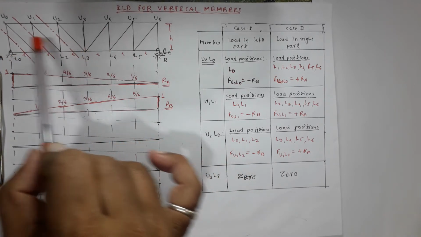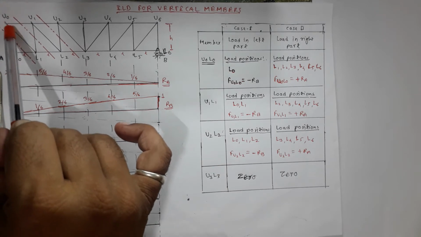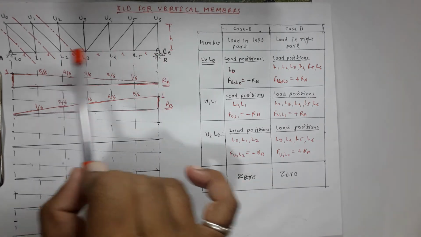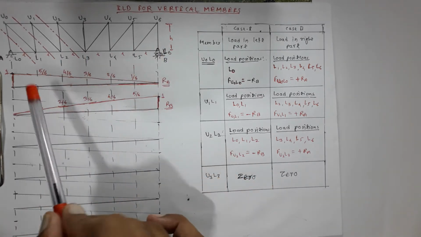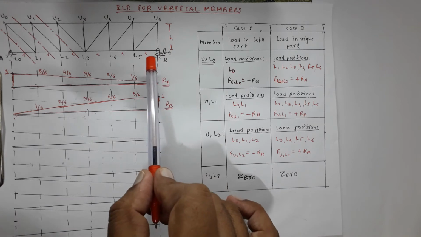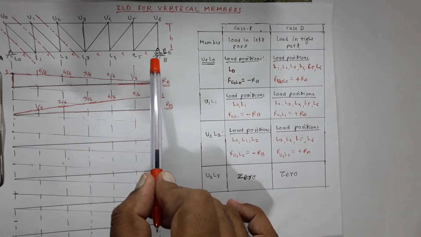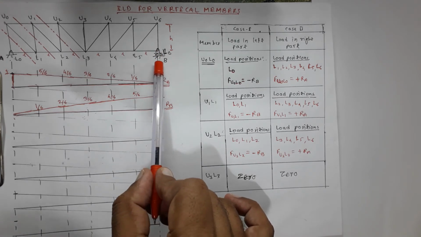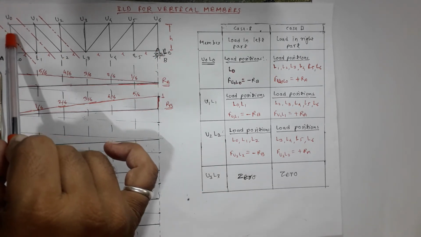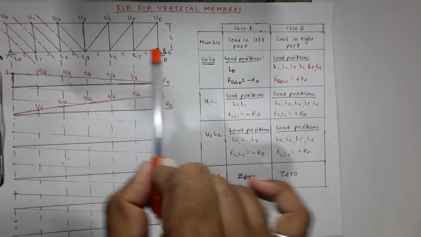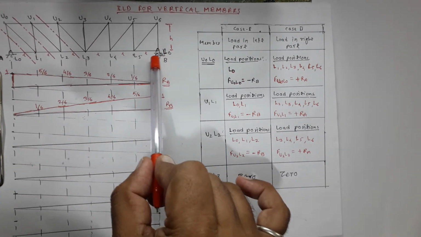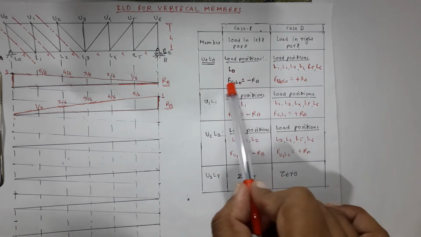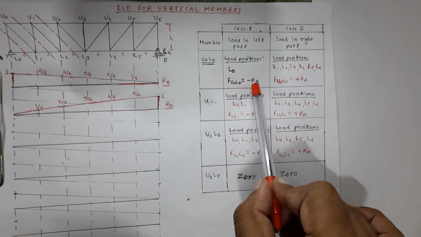And from the right part, the force in this member, which is a vertical force, will be equal to RB. RB is an upward force. I am dealing with the right part. When I consider the left part, upward force, I treat it as positive. Whereas for the right part, the upward force is to be treated as negative. So force in this member U0 L0 from the right part will be equal to RB, but it is an upward force, and that is why I am using the negative sign. F U0 L0 is equal to minus RB.